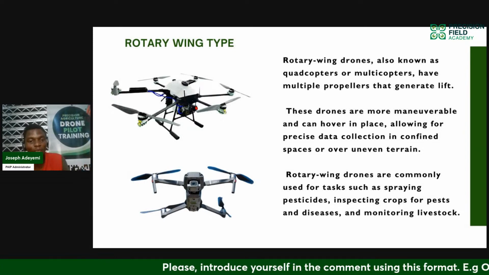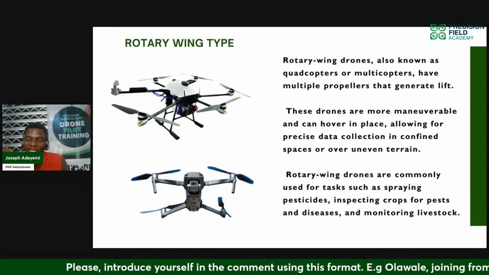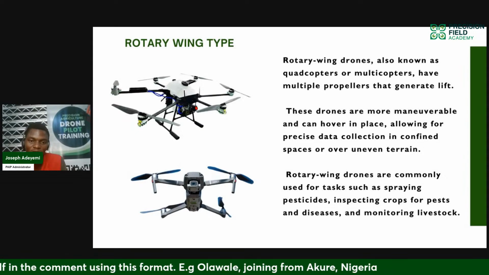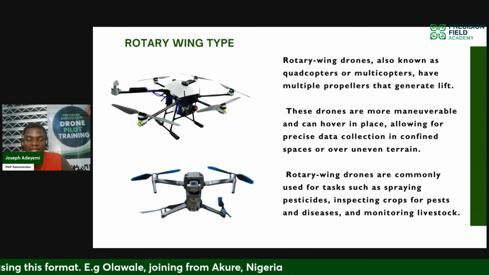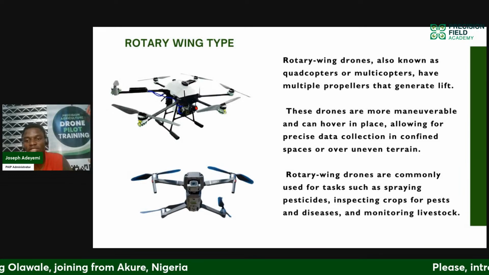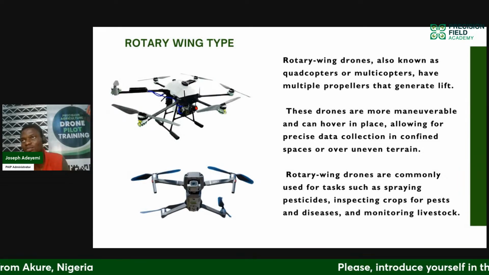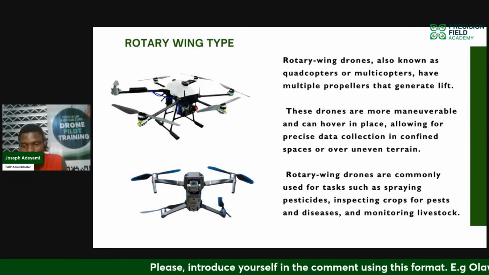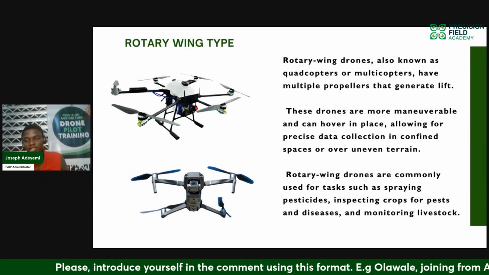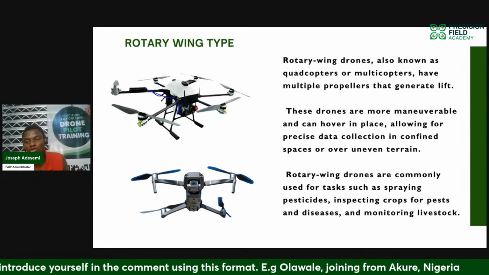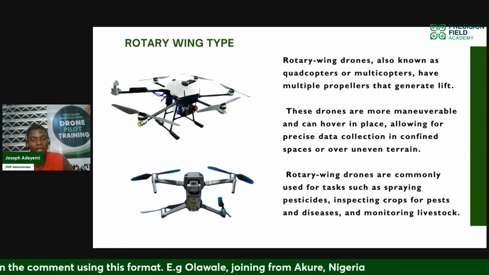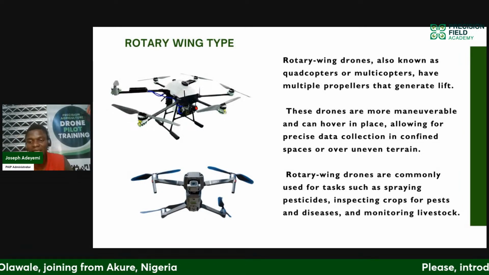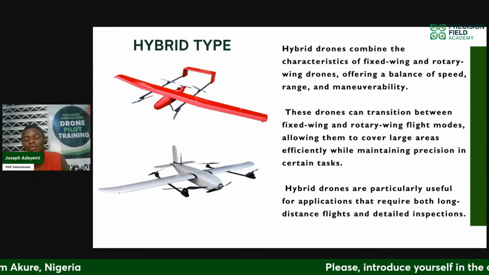Only fixed wing cannot perform this, because a fixed wing has to be in constant, straight and steady flight at all times to gain momentum and to keep itself balanced in the air. So it doesn't give you the capability to stay in a single position. You have to be in flight for fixed wing at all times. But here you can take data in a single spot while hovering. So rotary wing can commonly be used for tasks like spraying, inspection of crops for pesticide and disease, and also monitoring of livestock.